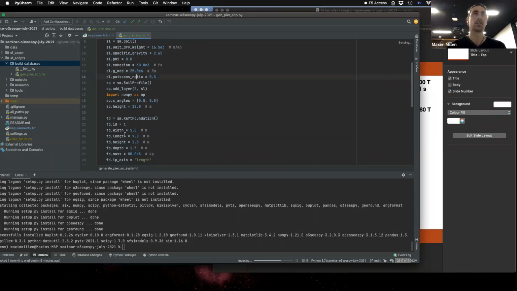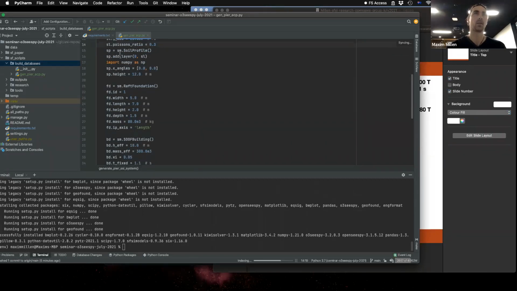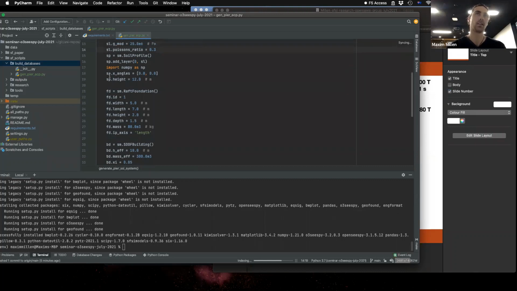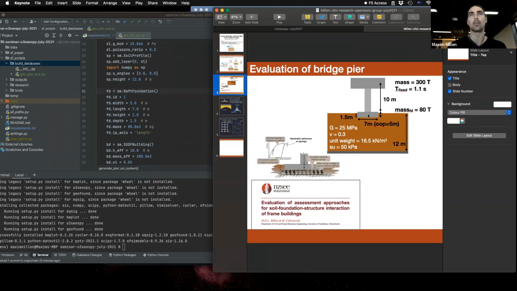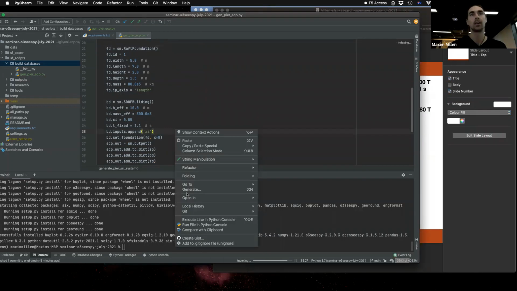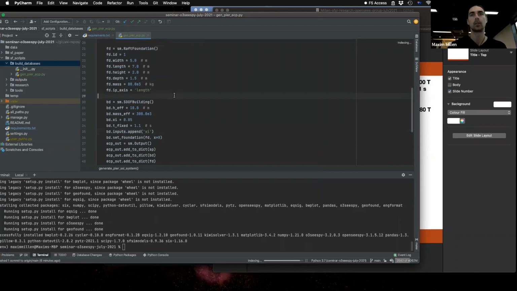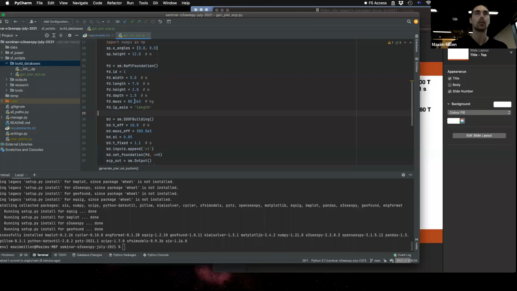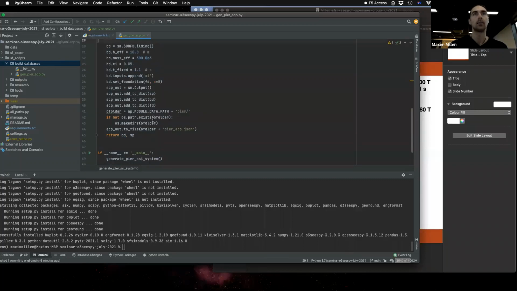We're also going to define a soil profile and add that soil layer to the profile, and then define the properties of this foundation and this building, which we're just going to say is a single degree of freedom structure. And so when I run that command, we're also going to save that file